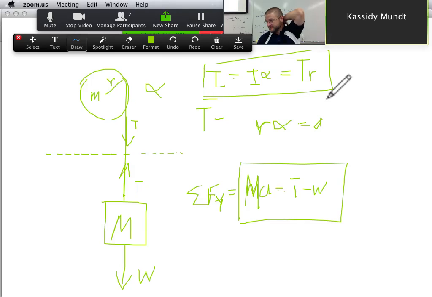So you say I don't want to plug it in where there's no division. So I plug in R times alpha for the A in the mass times acceleration. Yeah, plug that in right here, and then you have two equations with two unknowns. You have alpha and T. You solve one of them for T, plug it into the other, right? Or solve one of them for alpha and plug it into the other. Either way. And then you're good to go.